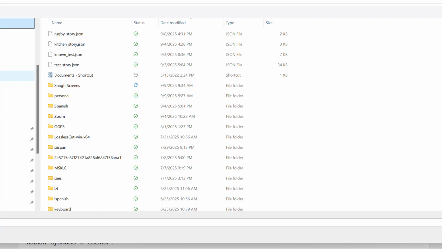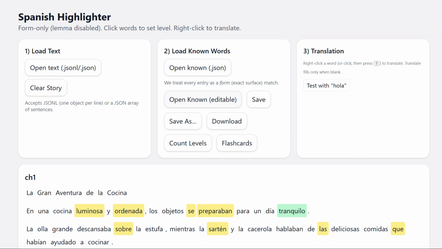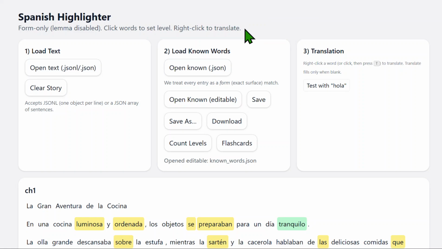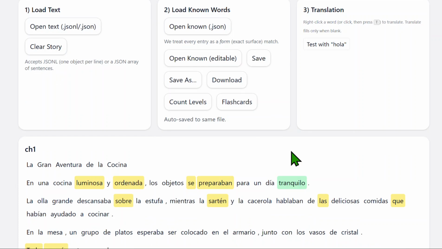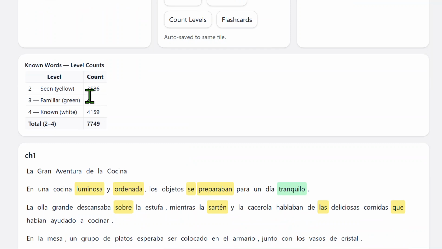and again, I need to go down here. And again, this is in a JSON format. This has the word. You want to say save changes because it will automatically save them. So it has the word, it has the translation into English, and then it also has the level that you've set the word at. So if I click on count levels here, it will show you I've got